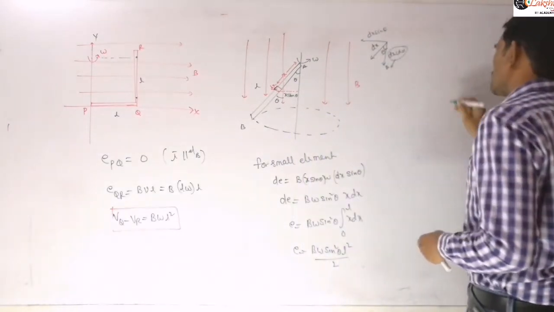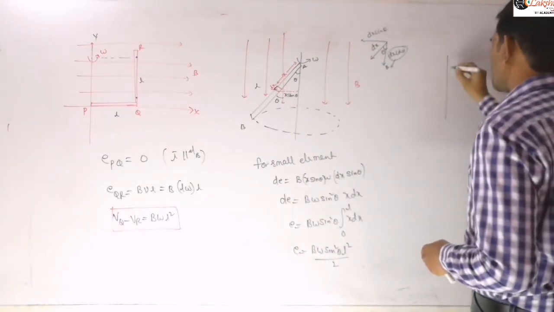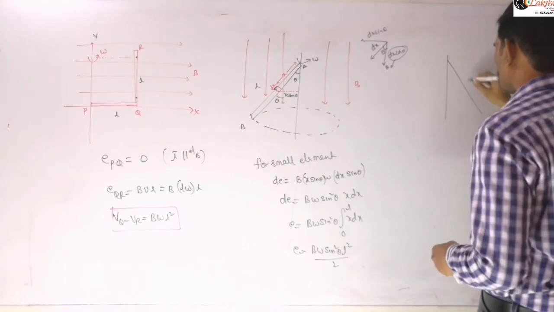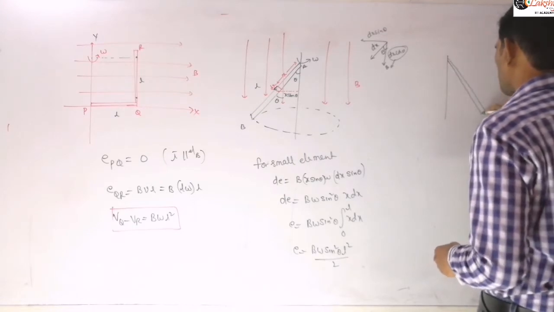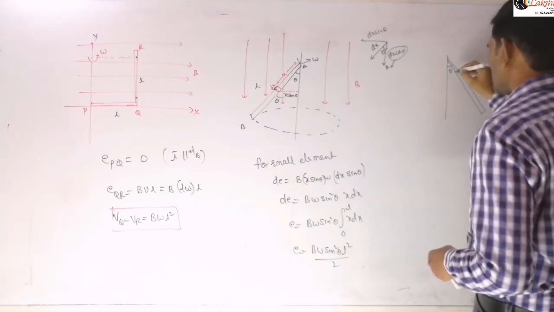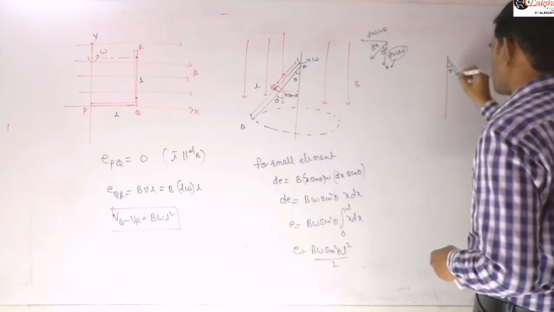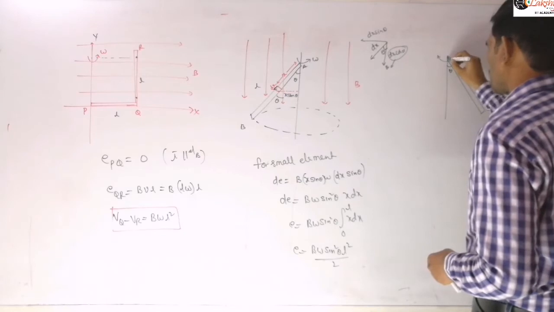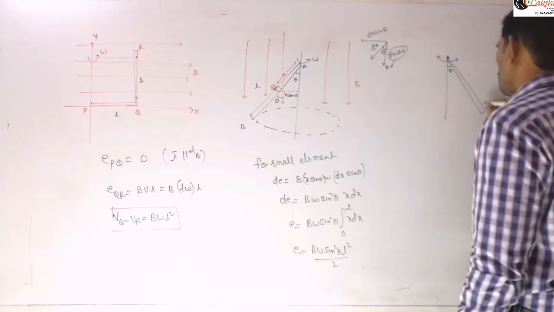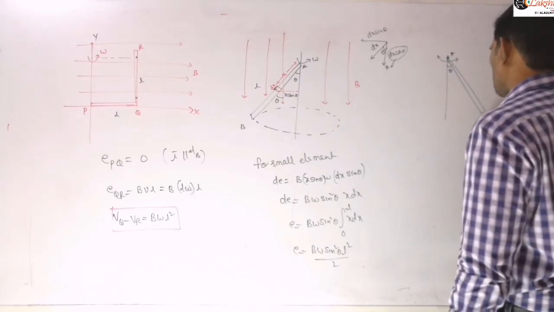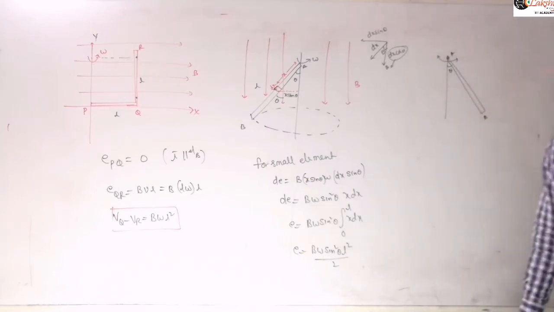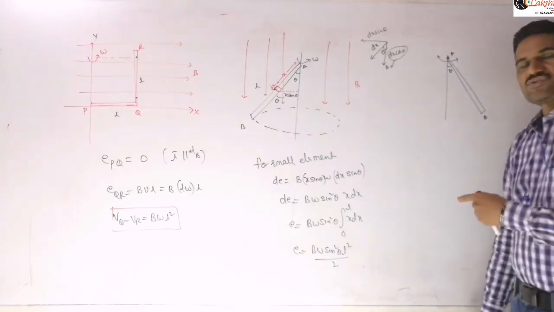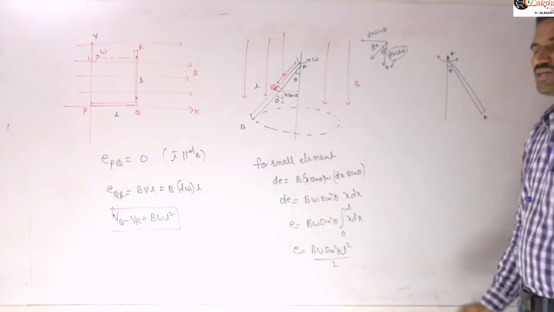now what I am saying is, this rod is oscillating about this point, about this axis. At this instant shown it is like this, and now it is oscillating. The rod is oscillating about this axis, so we need to find the induced EMF produced in this. When it is oscillating, we need to calculate the induced EMF here.